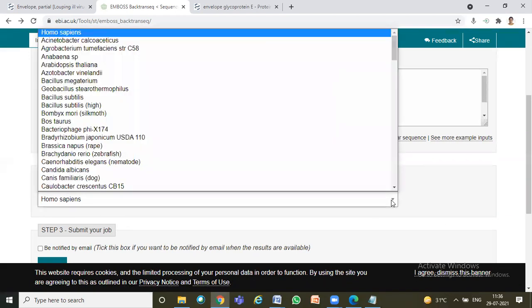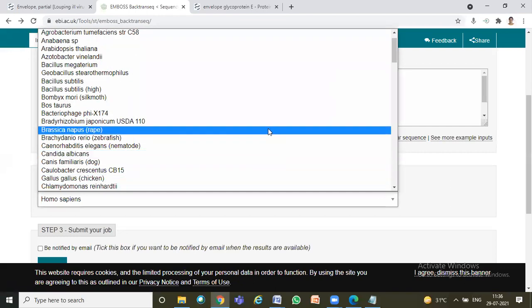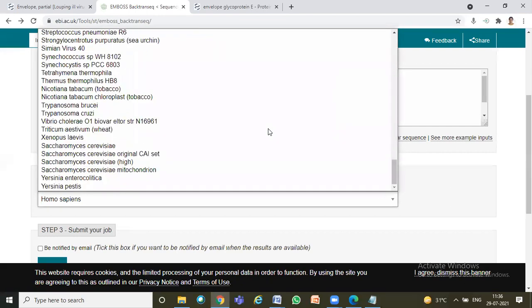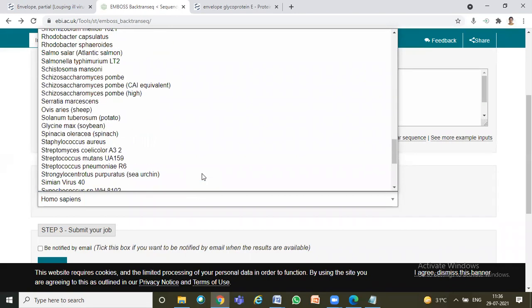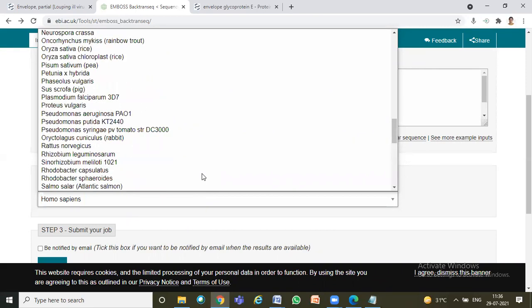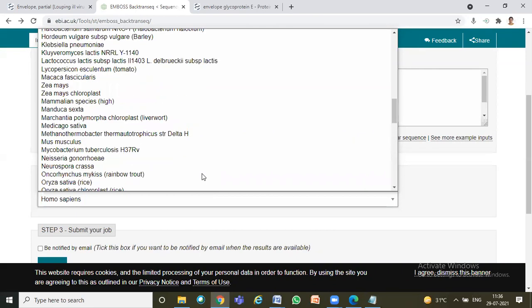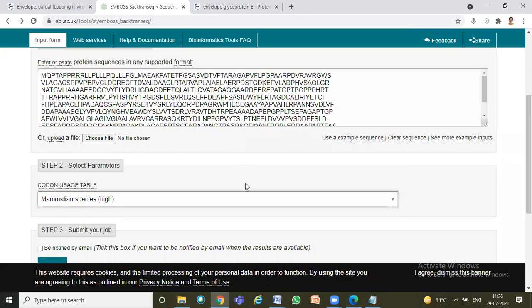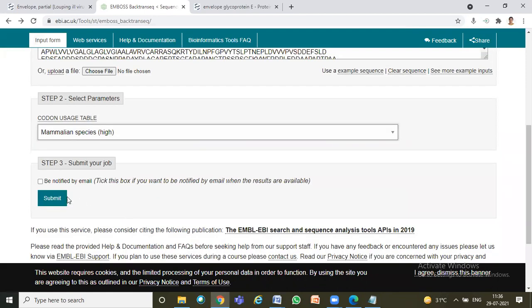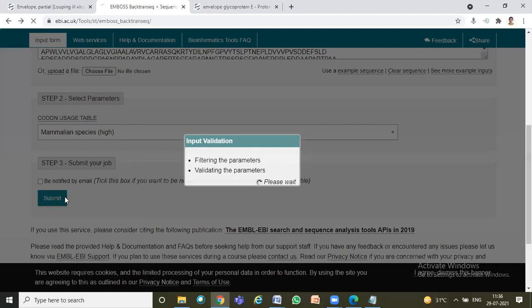If there is any filter related to viruses, you can choose it for a virus, or else this particular virus is expressed in bovine, like cattle. If a cattle codon usage database is available, definitely you can check for cattle. If not, at least choose a mammalian system, because this protein is expressed in a mammalian system.